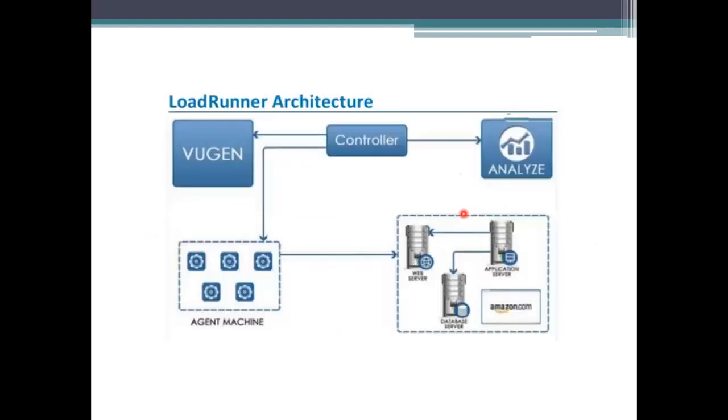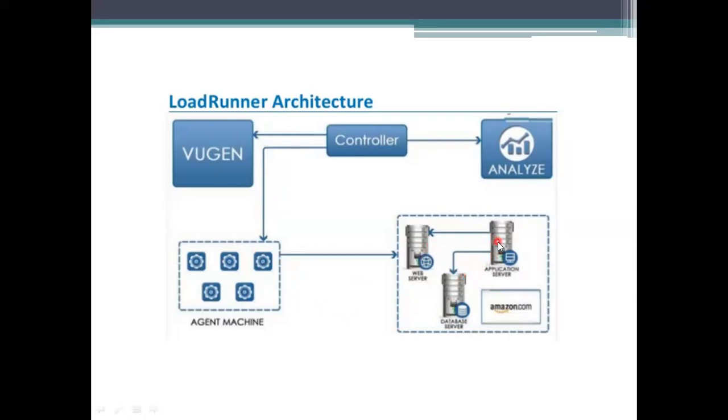Okay. And coming to the architecture, VuGen means Virtual User Generator. It is connected to this. The controller will access the information from these users, and it will be sent for analyzing. And it also has to access the information from the load generator. From the load generator I will get the data on how many are connected, how many are specified. There are the application server, web server, and database server. Multiples will be there.